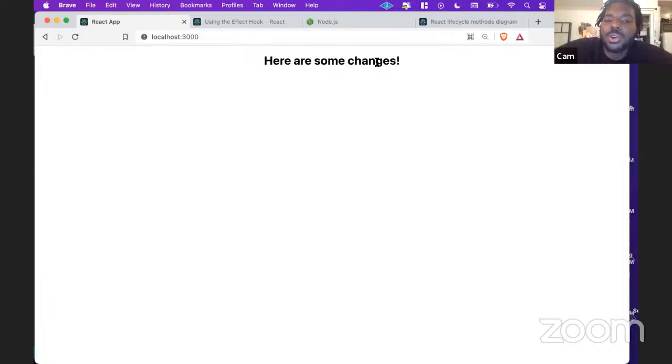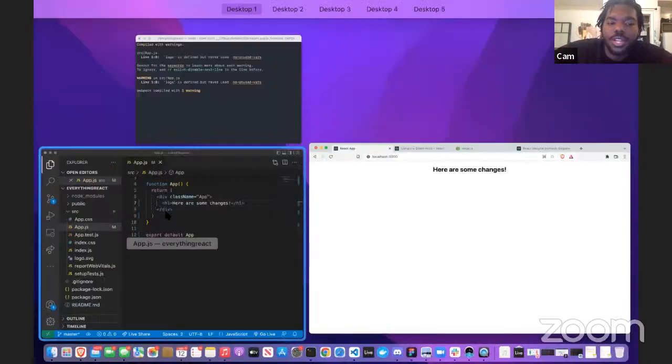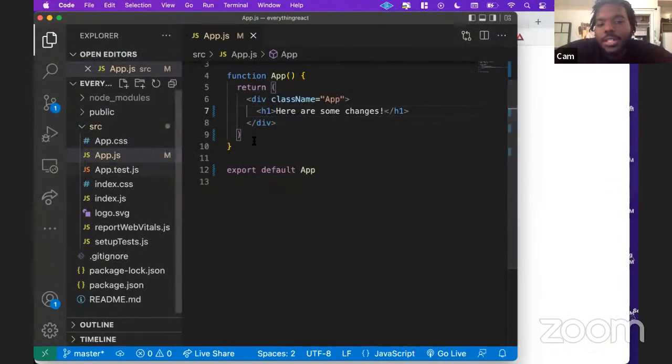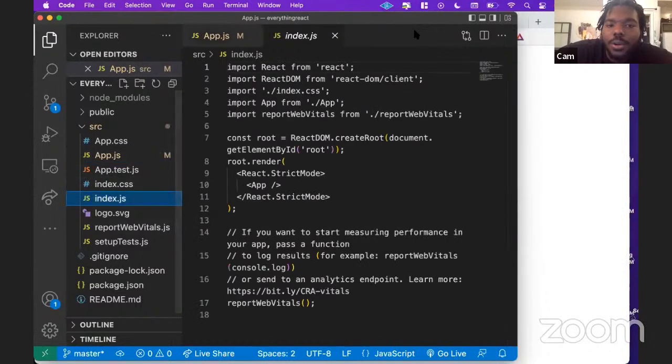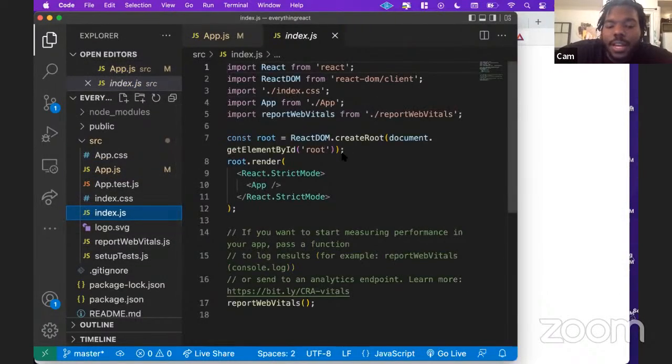But what's going on behind the scenes is that React DOM we were talking about is able to manipulate changing the content on the page based on the file structure that we have here. So components are the basic building block of your application. Here's a simple component. This is the app component, so the main default component. This component gets rendered into our working tree of HTML here in this index.js file, which is the most important, I guess,